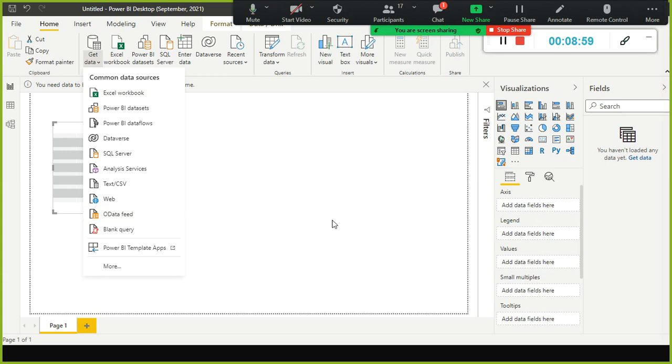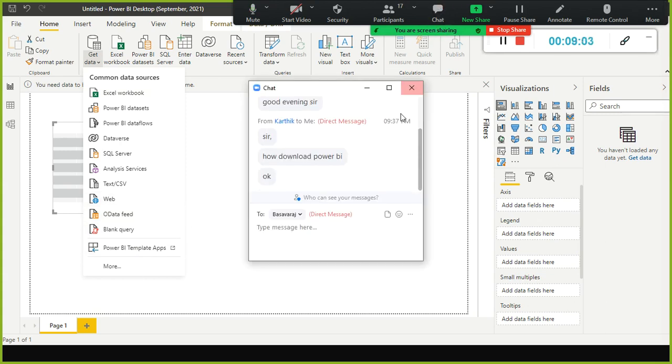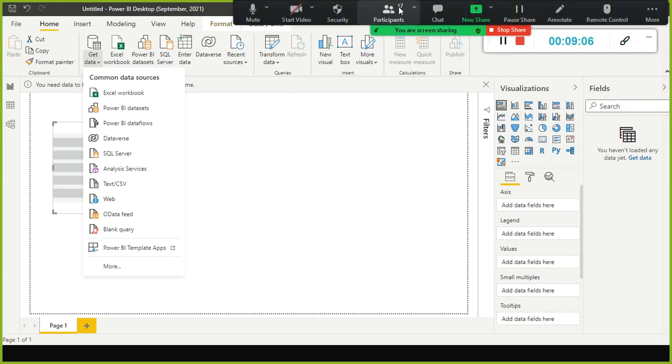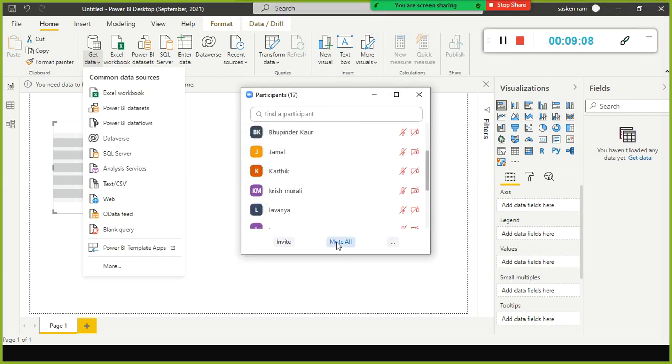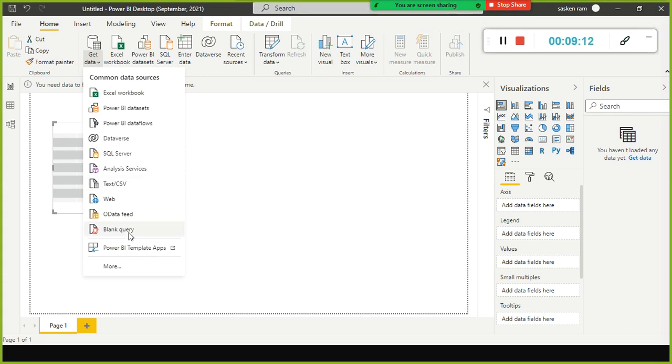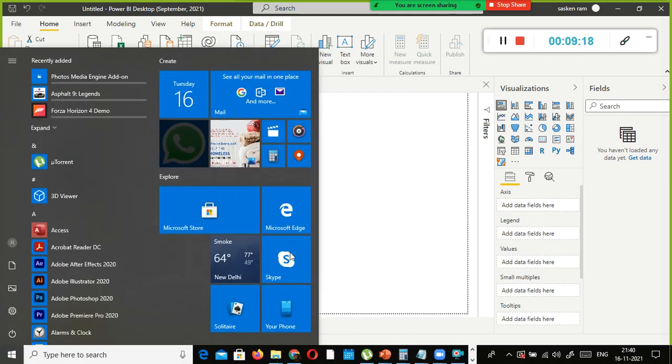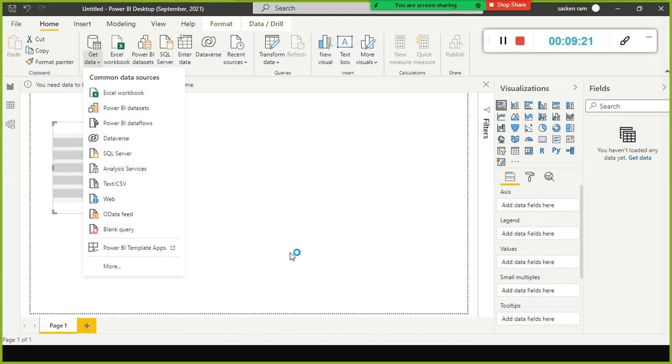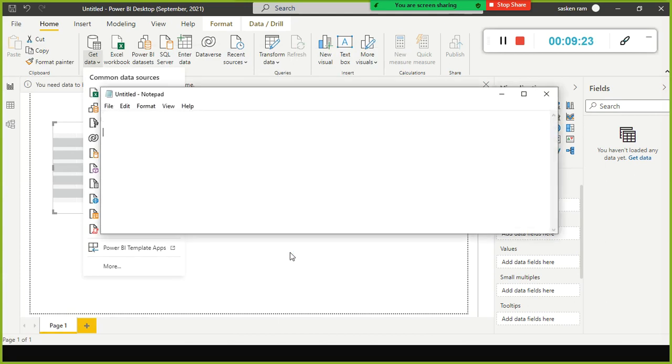And apart from that, there is the Power BI template. If somebody asks you what the extension of the Power BI file is, freshers will usually say PBIX file, and you also have a PBIT file.